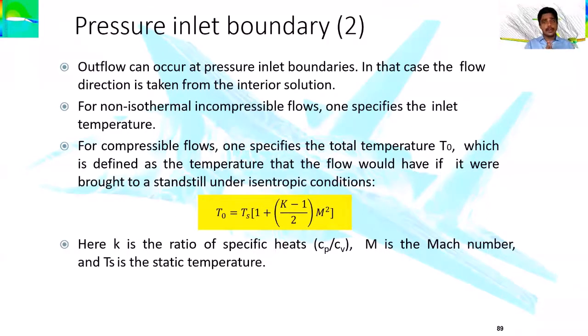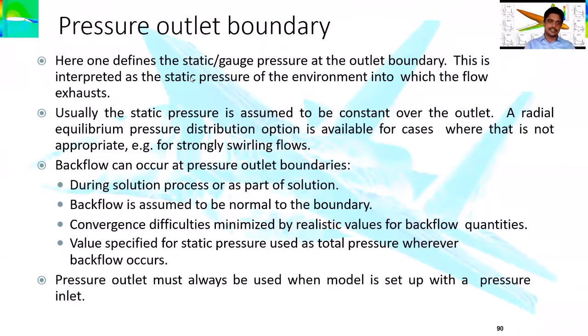So before approaching the problem numerically, these answers should be available in the user's hand. What is the input I am giving? Whether I am solving a problem related to compressible flows, where no heat involvement is possible, where no density change is possible, or whether there is a possibility of density change and a possibility of energy transfer. If yes, then you need to relate it to the isentropic relations. Although we go with some assumptions in the isentropic relations, that can be compensated for when your result is achieved in our resultant equations. Okay, this is all about the pressure inlet boundary conditions.